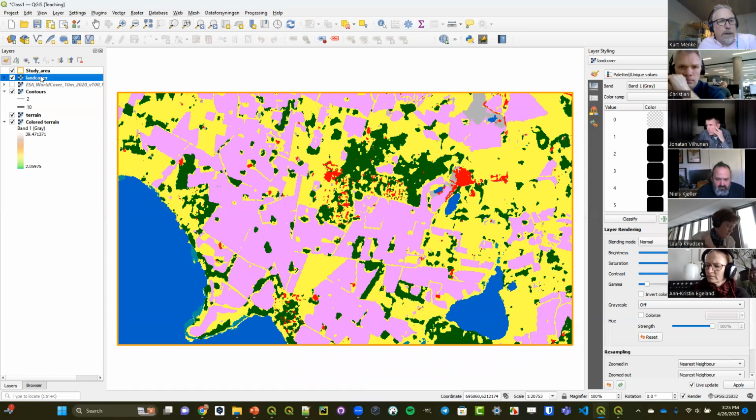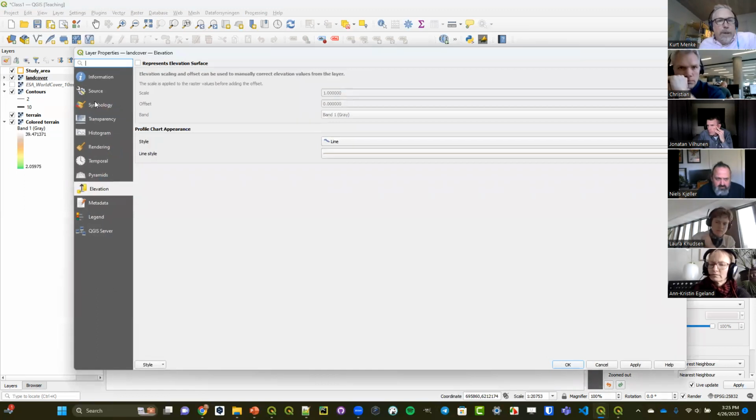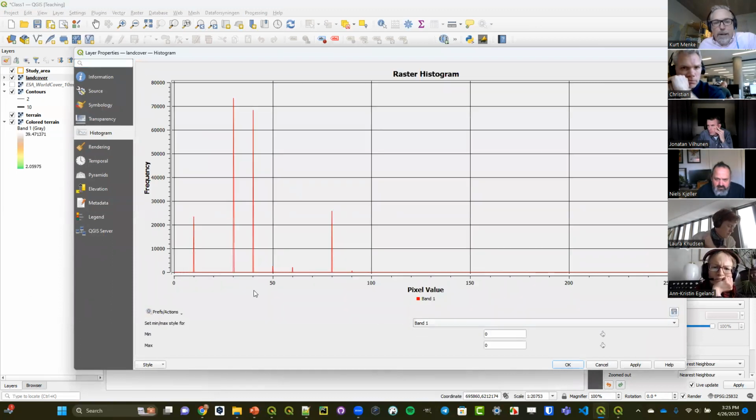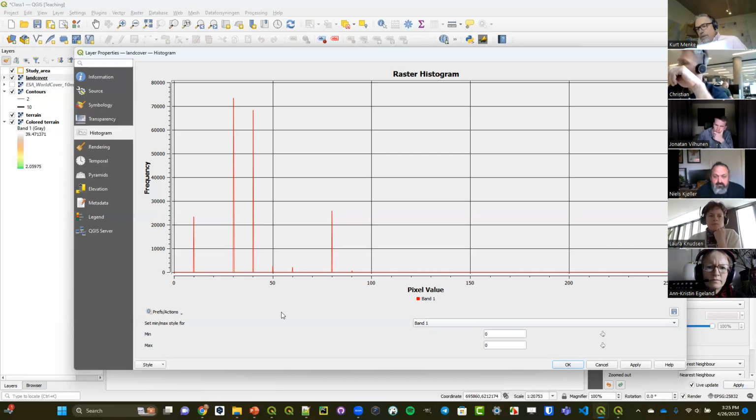So if we look at the layer properties for land cover, we can, for example, look at the histogram for this, and we can see that this land cover data set just has categories. Instead of the values representing something like elevation, they just represent types of land cover. So there's a category 10, 30, 40, 60, 80. So you can see which types of land cover are the most common in the study area, but we still don't know which are which. So we can go ahead and